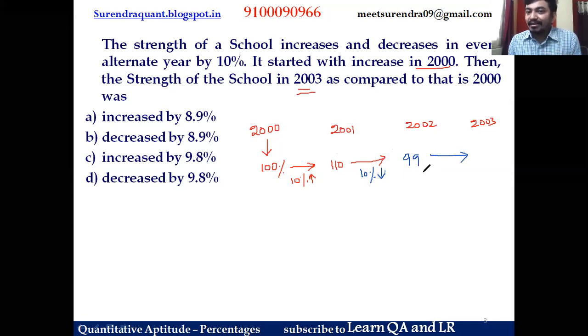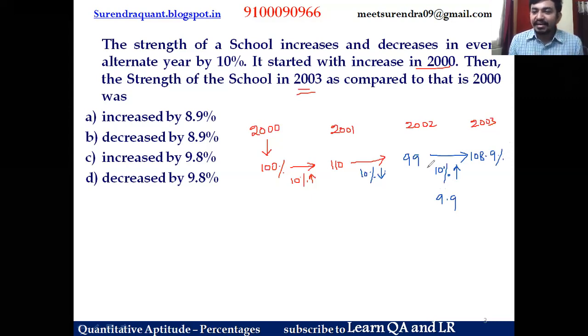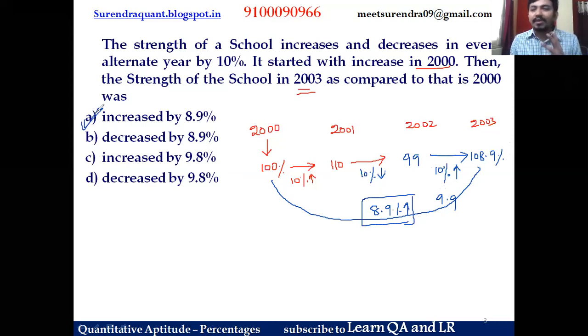But in the next year, 10% again increases. Friends, to get 10% of a number not ending with 0, you need to adjust one decimal now. We discussed in the first lecture of percentage. 10% is 9.9. If 9.9 is added to 99, this becomes 108.9%. Initially 100, finally 108.9. So what is the net decrease or increase? It is increase, right? So it increases by 8.9%. So this is one unique model which can work out for any number of variables, friends.